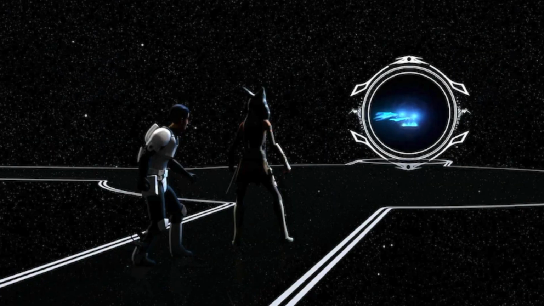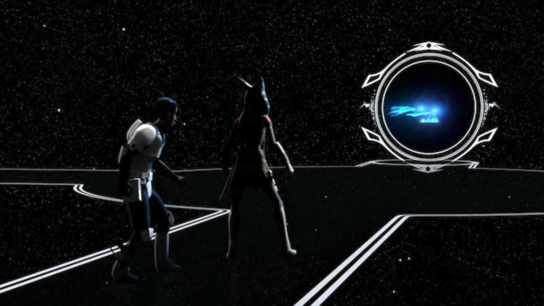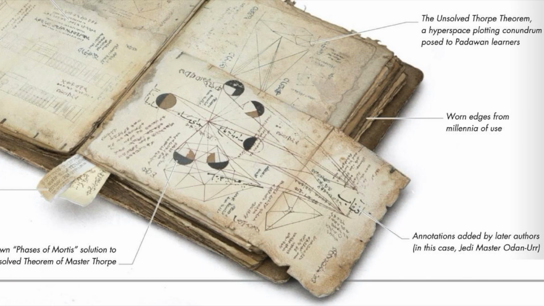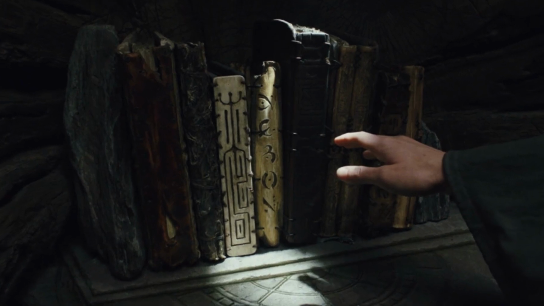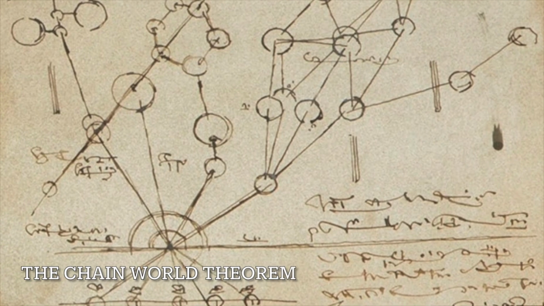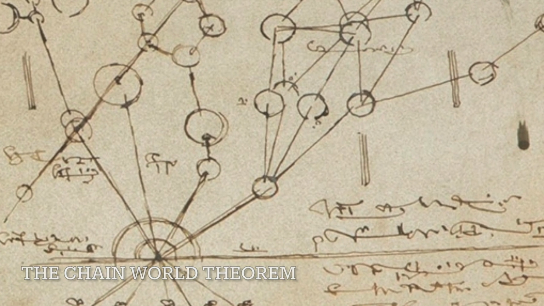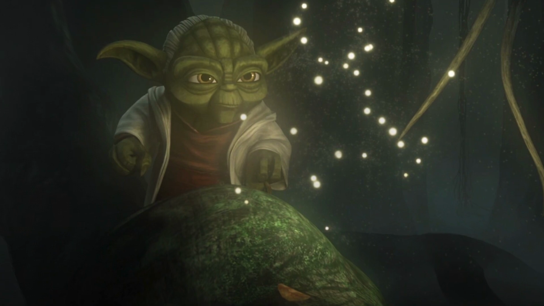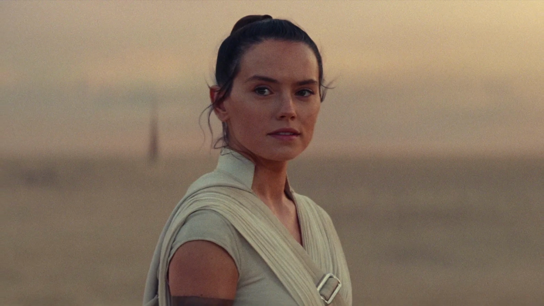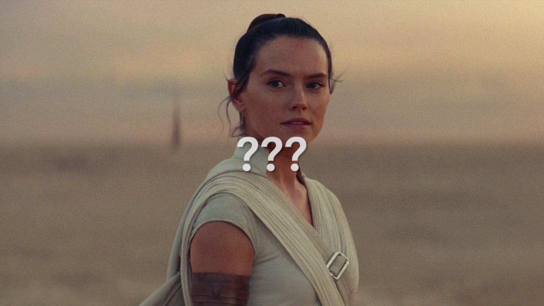So the world between worlds was actually theorized to exist in the Star Wars universe for ages and was referred to in the ancient Jedi text that was on Ahch-To in The Last Jedi. These ancient books referred to this as the Chain World Theorem. This almost seems like a visual representation for the Force itself, connecting all things together. So yeah, Rey's actually got that book now, so that ancient Jedi text is currently residing with Rey Palpatine? Skywalker? Whatever you want to call her.